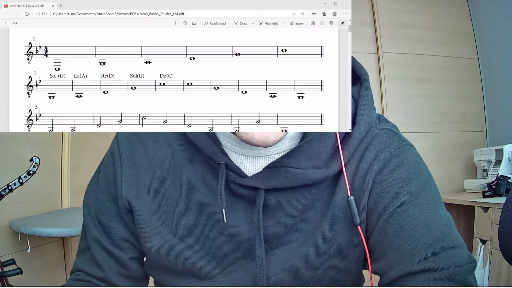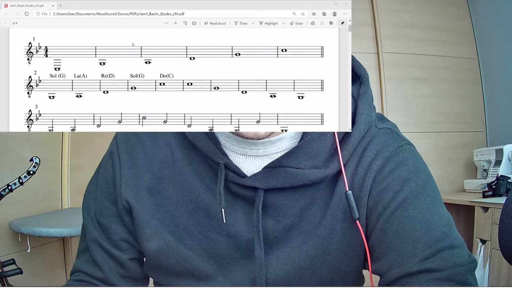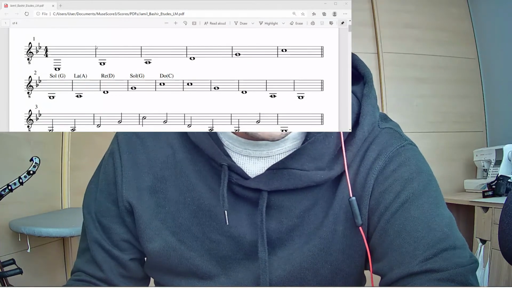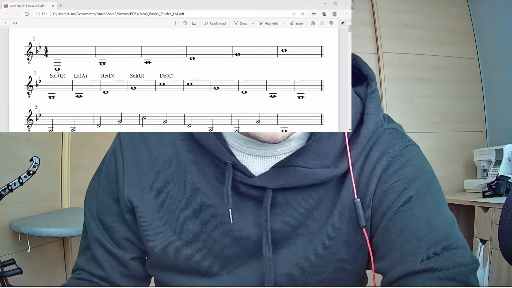If you bring up the PDF, you'll see 25 etudes, which go through the open strings into more complicated 16th note exercises. So here we go. I'll show you what they look like. Okay, you can see that on the screen now. So we've got here,